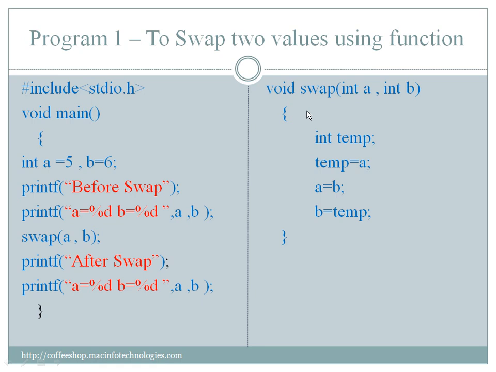So the control goes to this function. In swap, int a receives the value and int b receives the value. Int a receives 5, int b receives 6. So now a is equal to 5 and b is equal to 6. But this a and b, and this a and b, are not related. They are different variables. These variables belong to the main function and these variables belong to the swap function, and both are in different memory locations. So we declare a variable and we'll exchange. We'll see how it exactly happens now step by step.